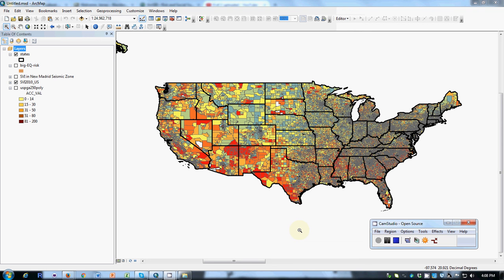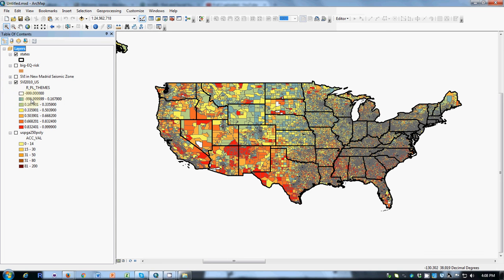Continuing with the next video about the creation of a story map. What I have showing right now is something called the Social Vulnerability Index, and in this particular data set, the higher the score, or the more toward the red, the more vulnerable or not resilient the population of that particular census tract would be, based upon demographic and census